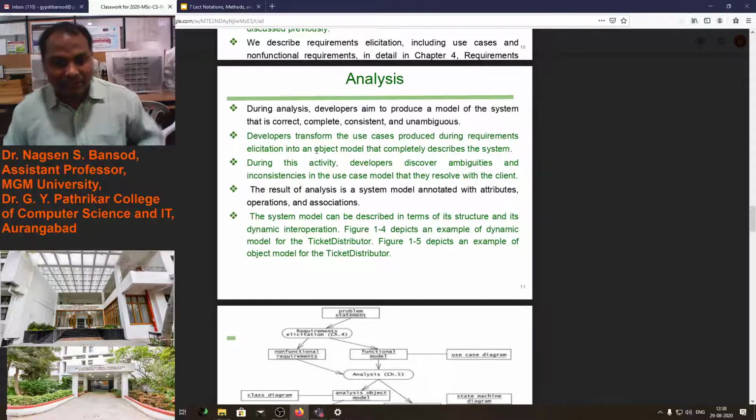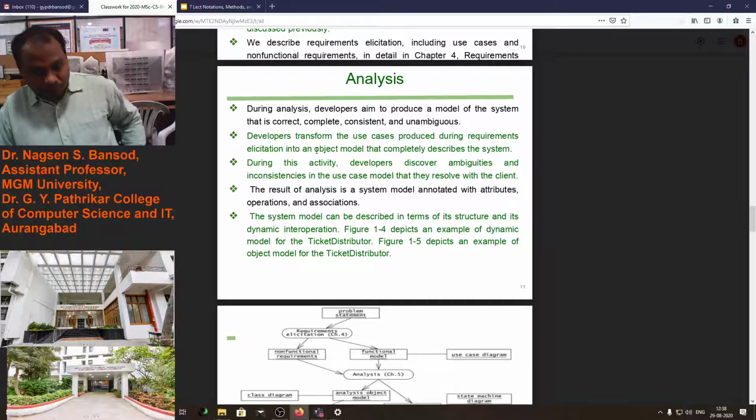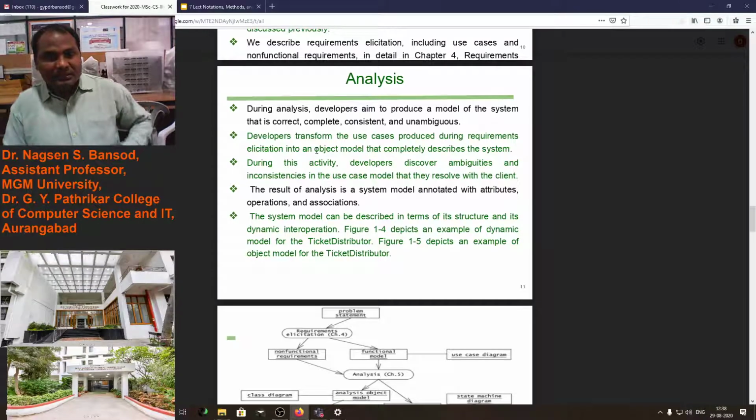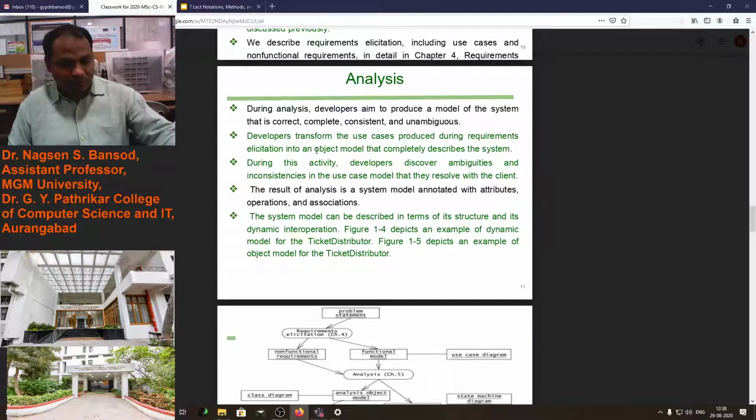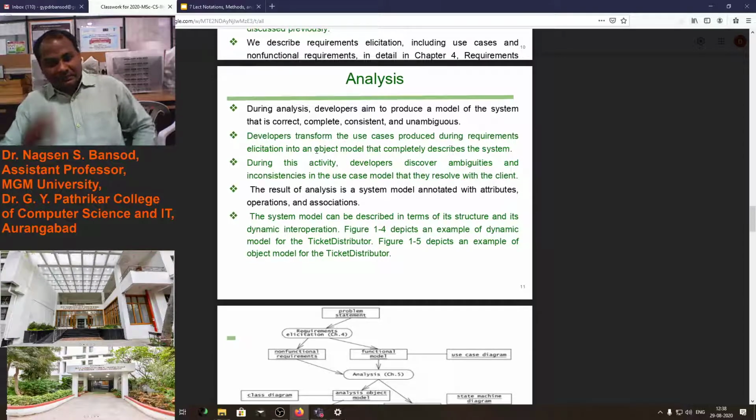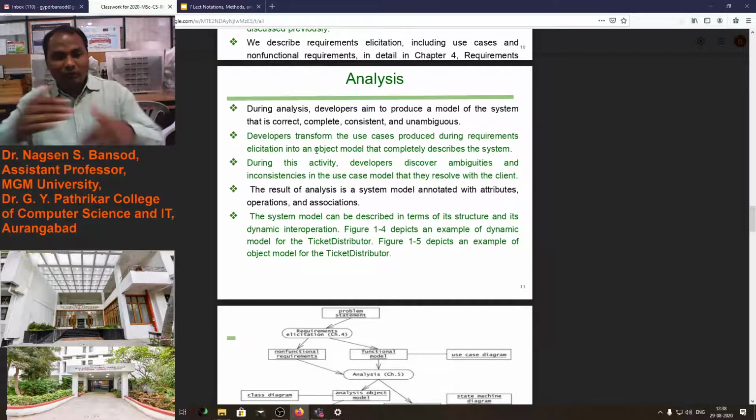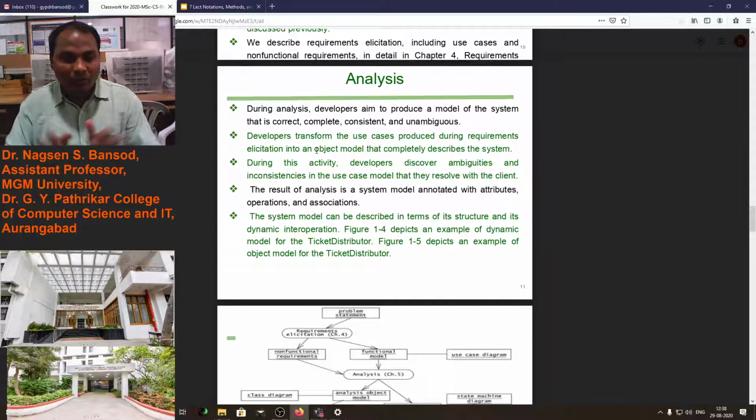In the analysis stage, we have to put all the information in a consistent manner about the software functions and modalities. There should not be any ambiguity.